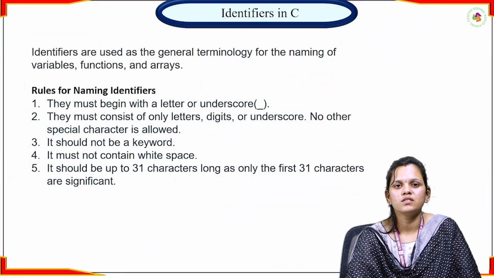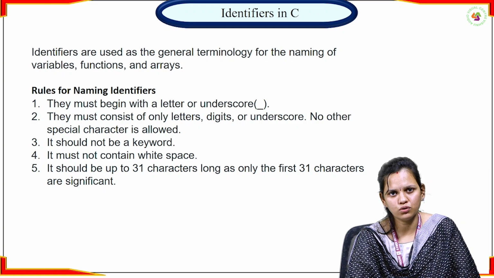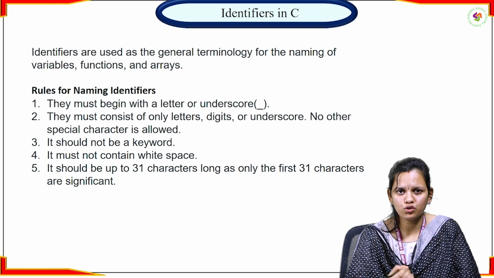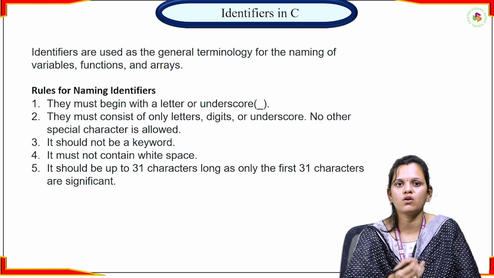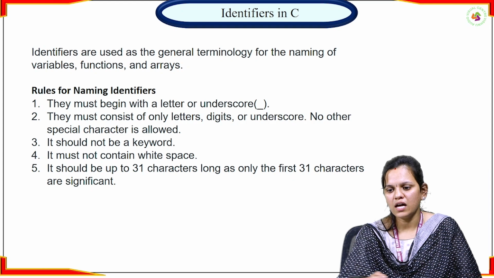The next comes identifiers. Identifiers are used for the naming of variables. They are used to name the variables or functions or arrays or pointers. Okay, so as we have